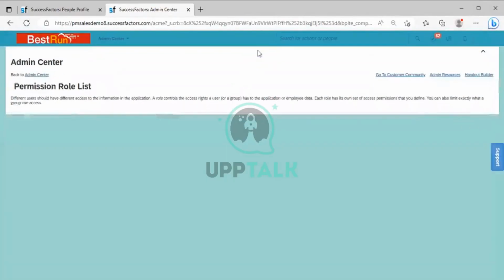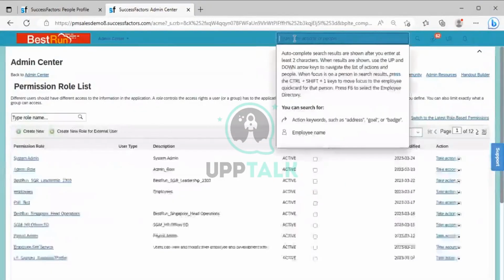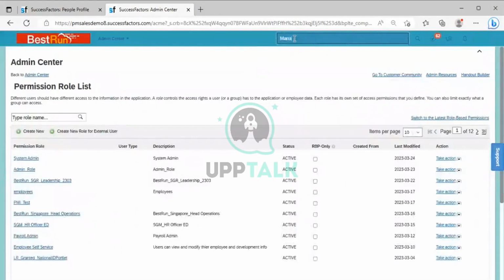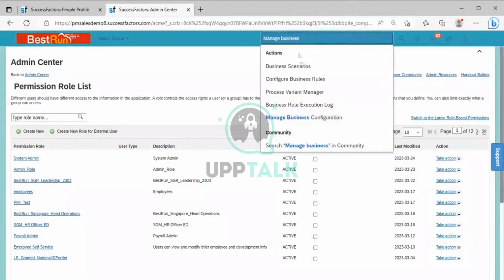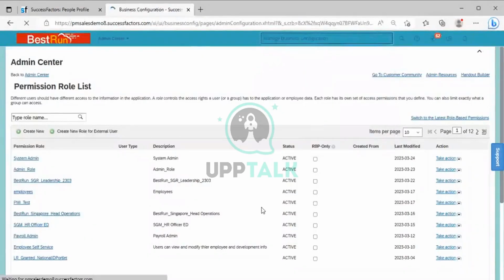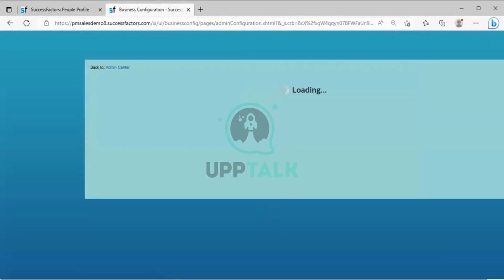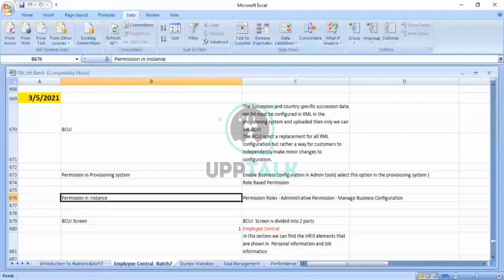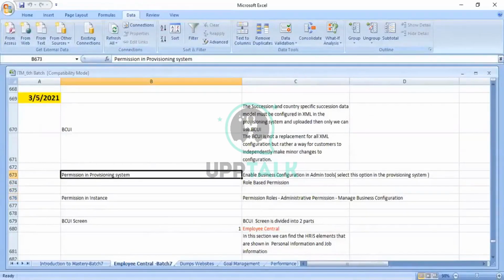we can directly search for Manage Business Configuration. We can search for Manage Business Configuration. After enabling from the provisioning and then further from the instance, what we need to do, you have